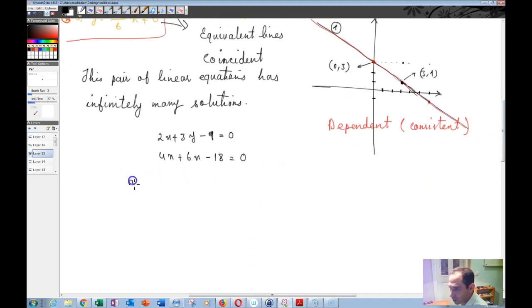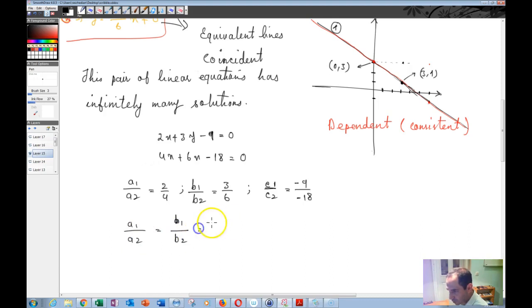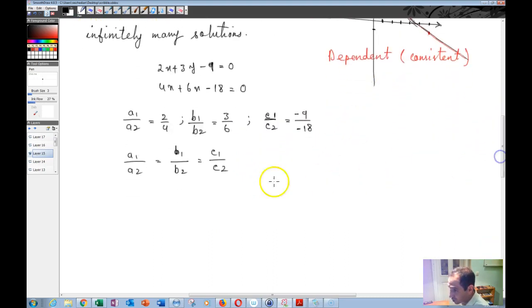And so here basically a1 to a2 is equal to 2 to 4, b1 to b2 was equal to 3 to 6, and c1 to c2 is equal to -9 to -18. This is 1/2, this is 1/2, this is also 1/2. So you have a1 to a2 is equal to b1 to b2 is equal to c1 to c2, and that basically means that you have a pair of dependent linear equations,